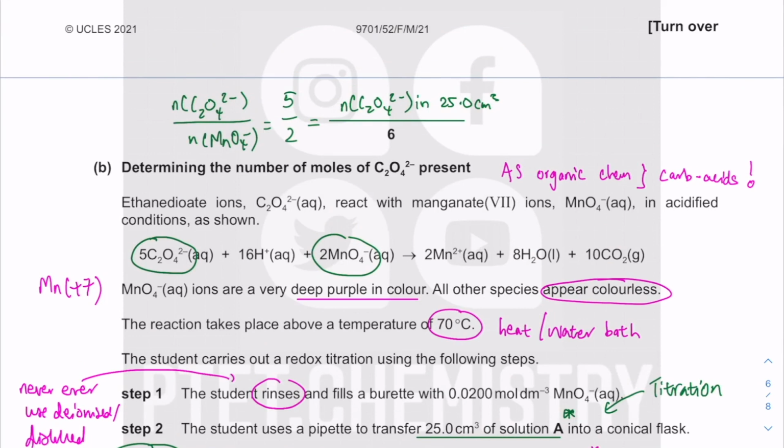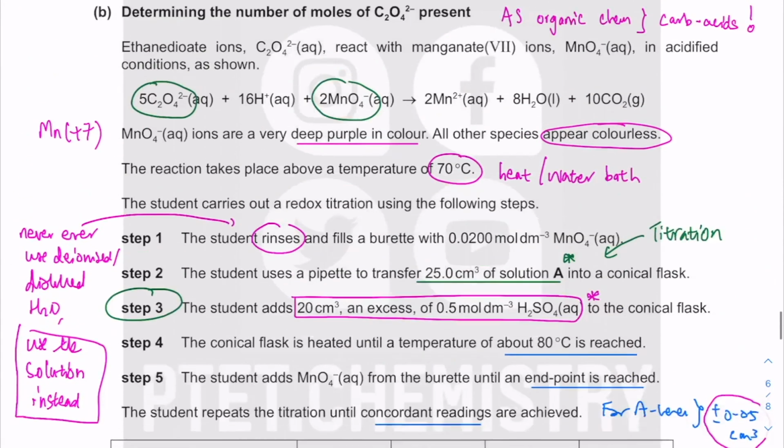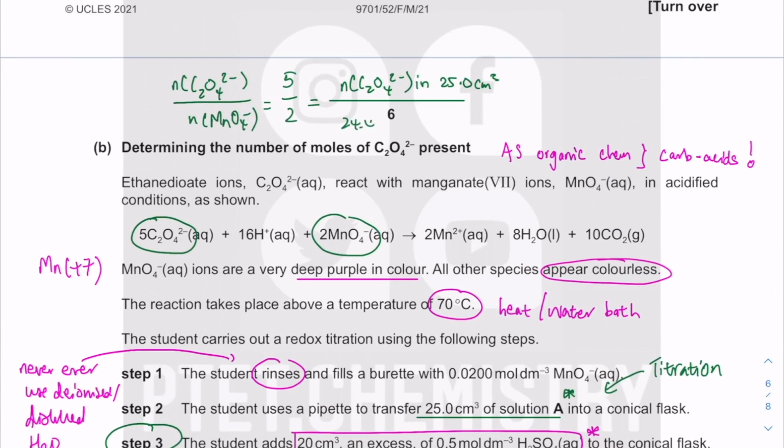How much MnO4 minus did you use? This is from your average titer. This is in the burette. The burette is the MnO4 minus. So that's 24.40 cm³. Convert that to dm³, times 10 to the minus 3. The concentration is 0.0200. So there's concentration in mole per dm³ times volume in dm³, and that's the actual mole of MnO4 minus